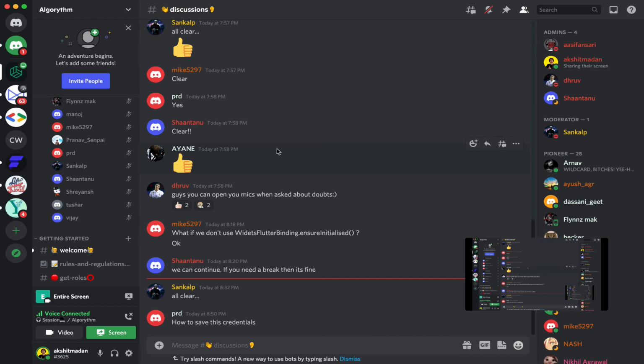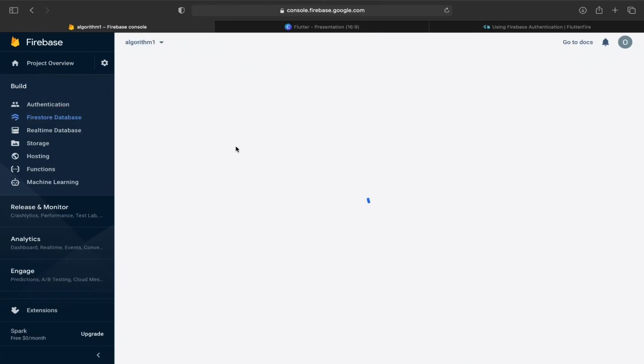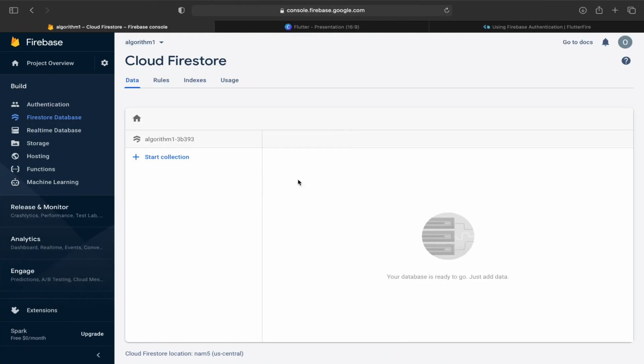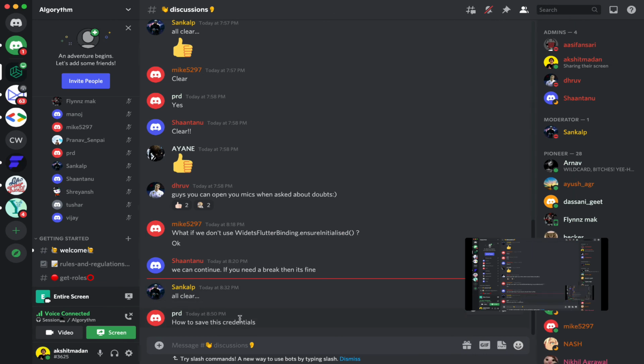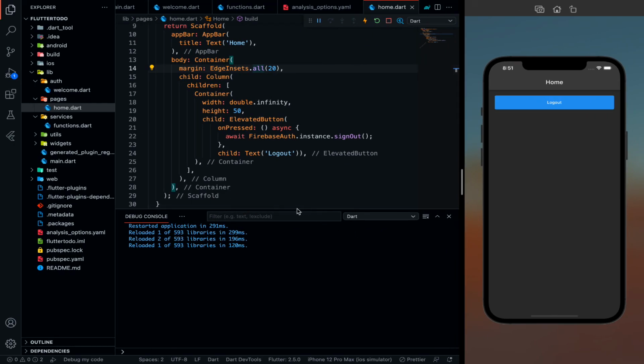Yes, so that we are going to see, that is done using Cloud Firestore. We can save the credentials on Cloud Firestore. So we have already implemented this Firestore, right? So let me just show you that only. If you have any other doubts, you can tell. This was the next part. So let's just do that only. Any other doubt? Okay, so now let me start with saving the credentials.